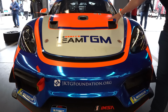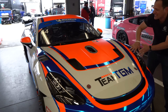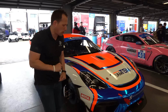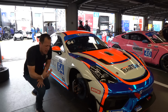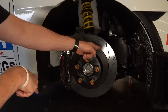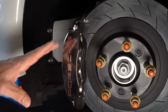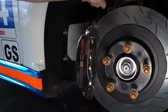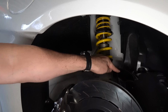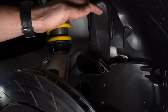What's awesome about these NACA ducts is that they produce nice airflow, but there's plenty of air to get in those inner bits to give you that great aerodynamic efficiency coming around the bend. Of course, when we're looking at a car like this, you're gonna get increased braking capability. So you'll notice the rotors that we have, supersized, that pizza-sized rotor. These are slotted, fully ventilated, and then you have that massive 6-piston caliper with the Porsche name. Love the style. You'll see all the adjustability in the suspension. Everything can be set up, your camber, your caster, the whole 9 yards, and then you'll also see how that air gets blown onto the brake rotors for cooling. That's from the hood where those NACA ducts